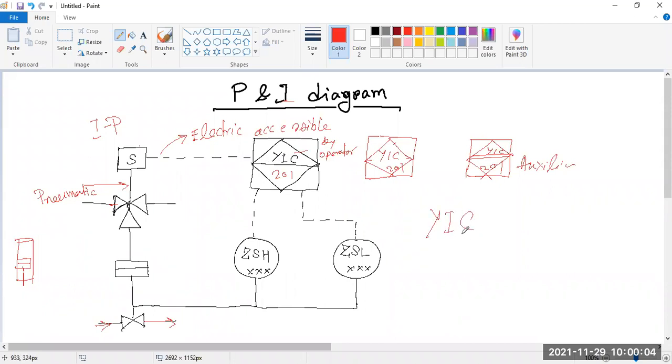But now we have to identify why IC is written over here. Why IC? Look, if there is a C, you know C means there is some controller, or some control action is going on. C means some control action. Okay, I means, it is indicating or depicting something, so here there must be a display device.